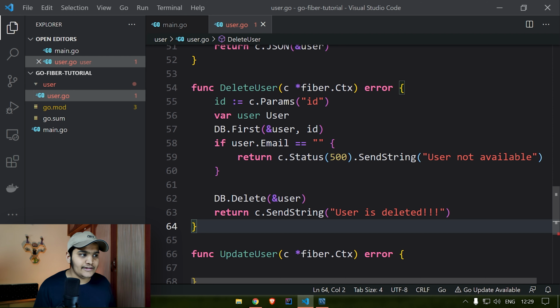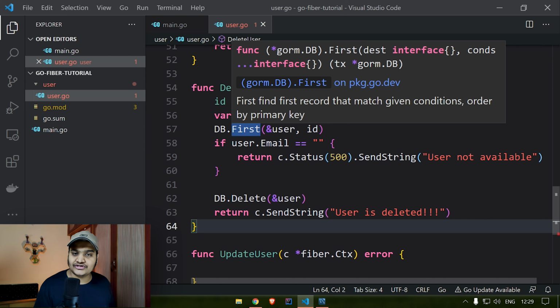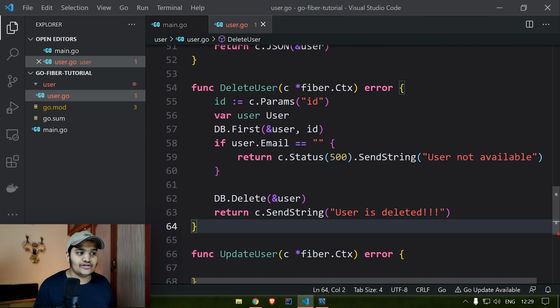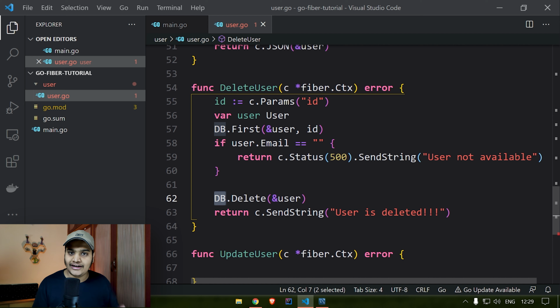So we are getting the ID, we are getting the user from the database using the db.first function over here. And we are checking if user.email equal to null, that means we are not able to get the user from the database back. There is no data available. So we are sending the message that is user not available with the 500 status code, else we are using the db.delete function to delete that particular user, and we are sending the message back that user is deleted.